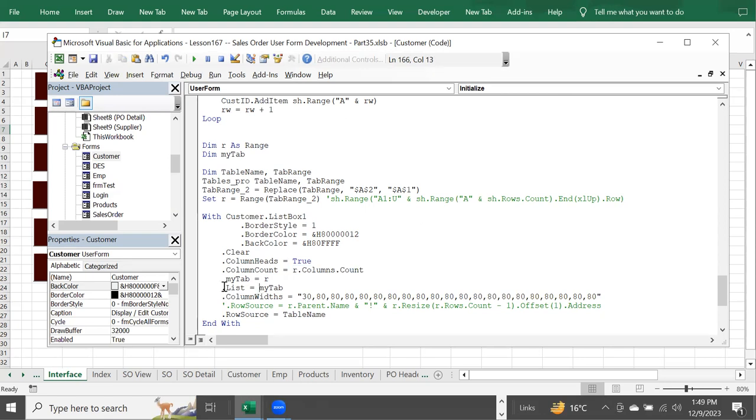And then my tab is the dot list, meaning that it is going to be listed, and the row source is the table name, which it has brought automatically. Whatever the table name is, that is going to be treated. Okay, so that's how it is doing. So we use the same thing in